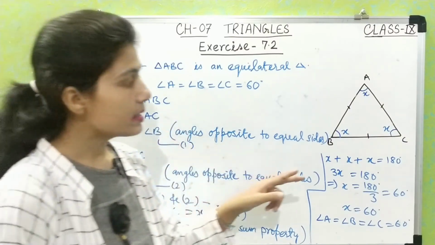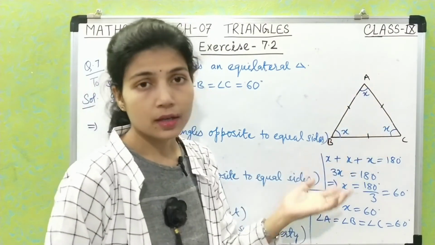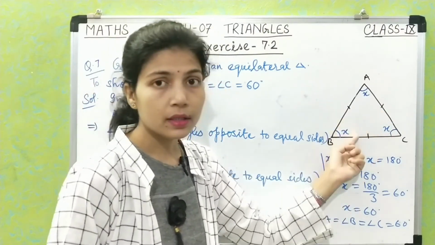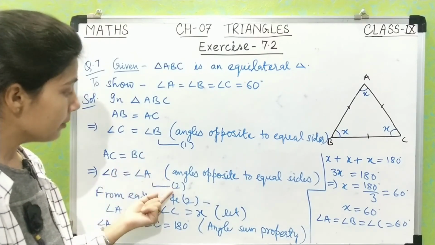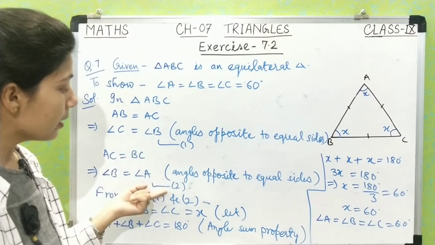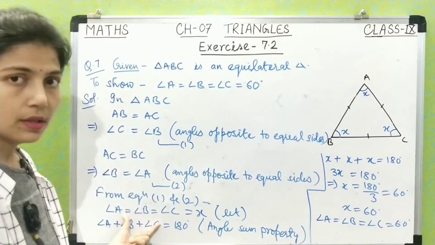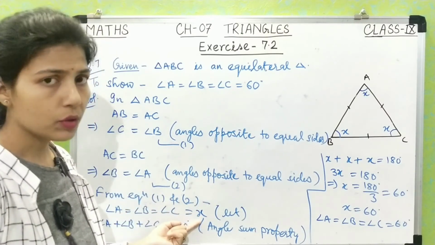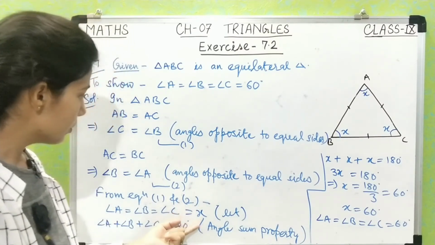Now in the second time we are taking these two sides as equal sides. So again we are getting ACB as an isosceles triangle, so the angles opposite to these sides will be equal. So from here we are getting angle B equals angle A, and named this as equation number 2. If we compare equation number 1 and 2, we are getting that these three angles are equal to each other. We have let the value of each angle as x because we don't know it, so we represent these angles as a variable.